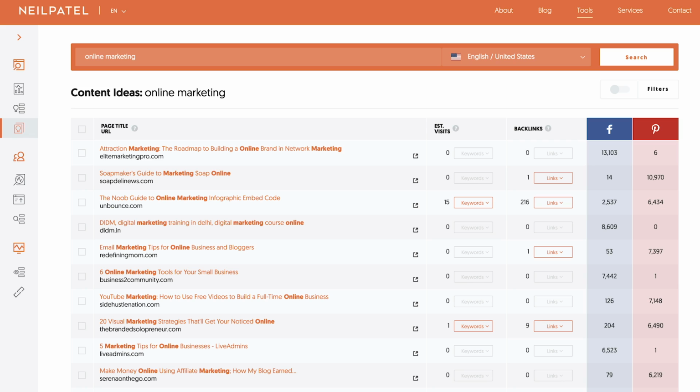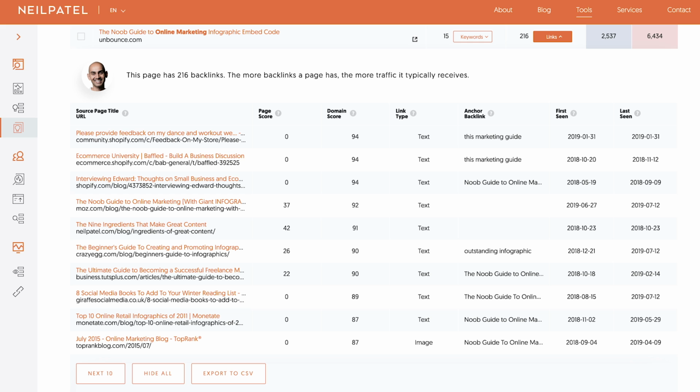The free way of doing it is, instead of using Buzzsumo, use Ubersuggest. You type in a keyword, and there's a content ideas report. The content ideas report shows you all the blog posts that are popular. And unlike Buzzsumo, it'll show you more than just 10 or 20. It shows you an unlimited list pretty much for free. And it shows you who linked to those articles.